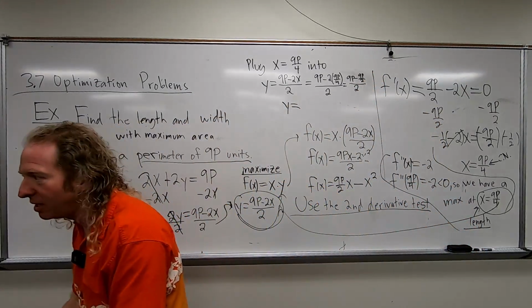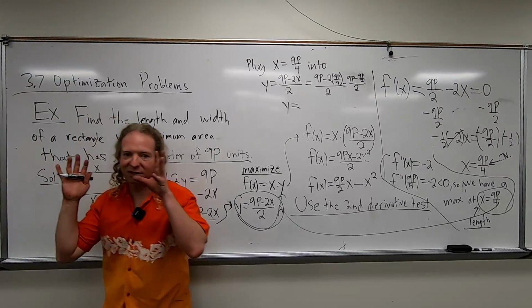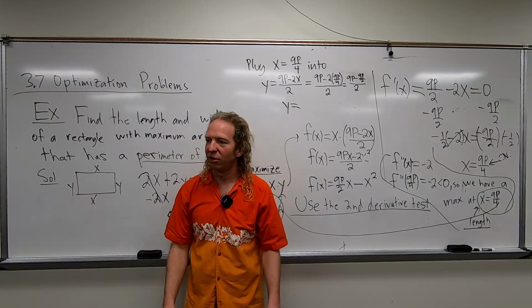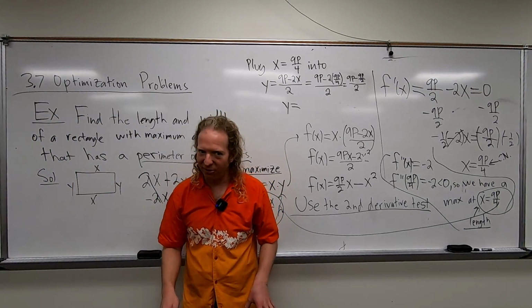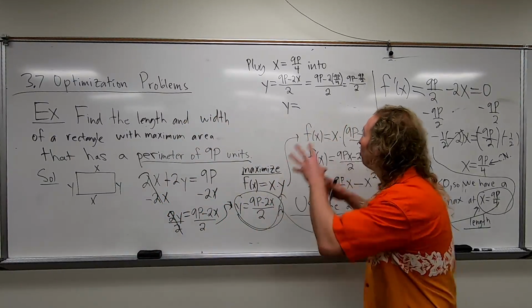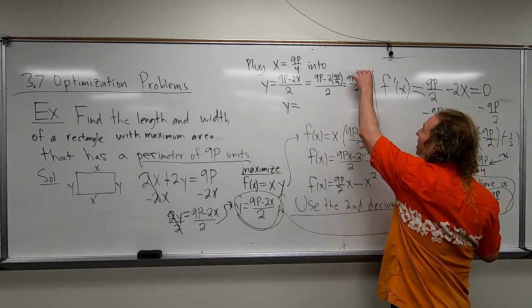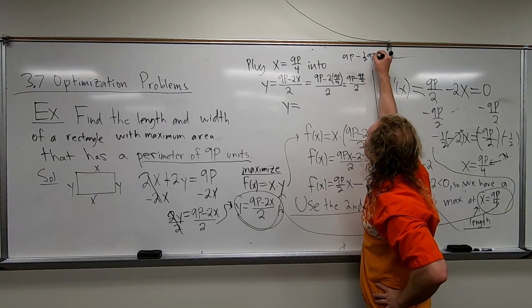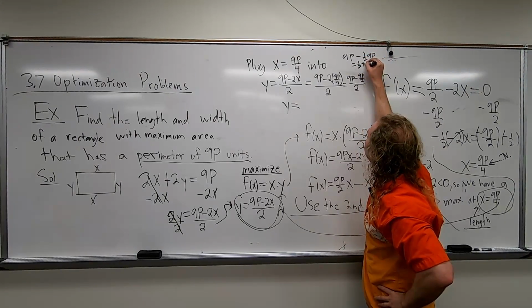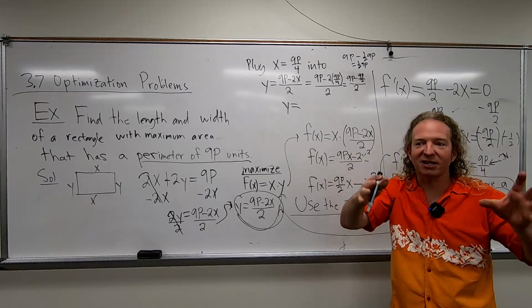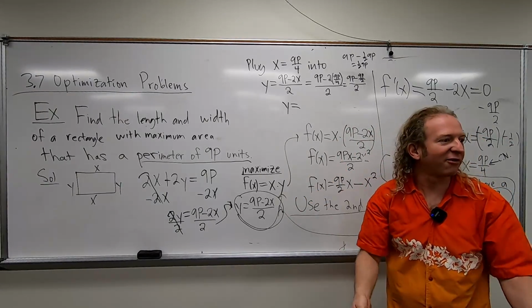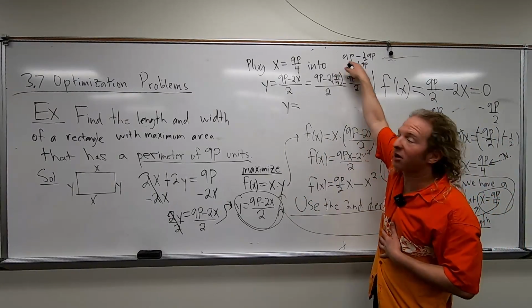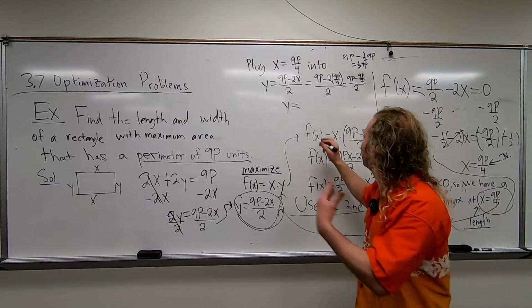If you take 9p and you subtract 9p over 2, you're left with 9p over 2. You say, what? Because if you take a whole 9p and you subtract, it's like you have 9p and you're subtracting half of 9p. So you're left with half of 9p. Does that make sense? It's like if you have x minus 1/2 x, you get 1/2 x. You take a whole 9p, take away a half 9p, you get a half 9p. So you have a half 9p